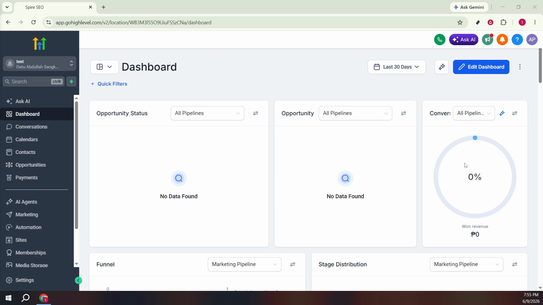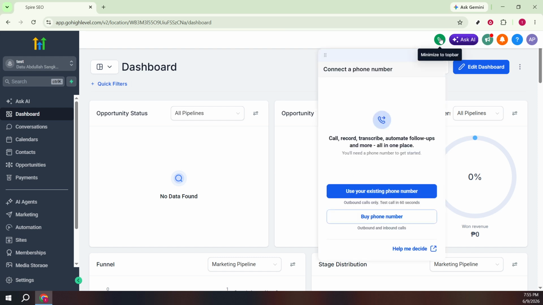Give the page a second to fully load so all the top navigation items appear. Up in the top right corner, look for the phone-shaped dial icon. Click it to open the dial pad. If you're using a headset, make sure it's connected first. A quick tip, using a wired or high-quality Bluetooth headset and a stable internet connection will give you much clearer